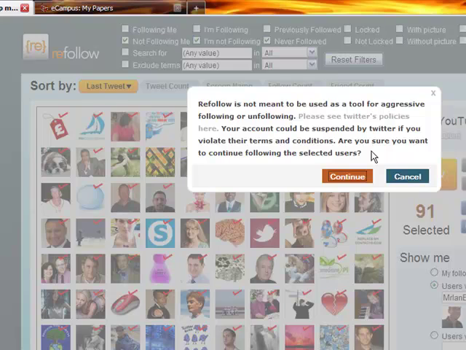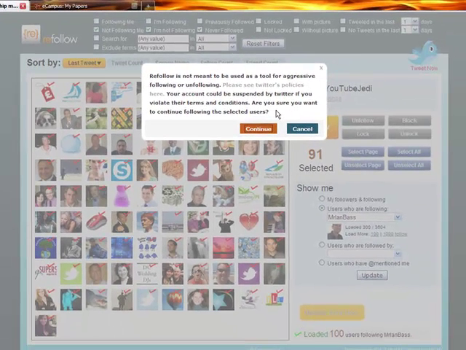Generally speaking, you want to keep above, I can't remember, I think it's like a 0.8 ratio. So if you're, say, following 1,000 people, you want to make sure that, say, 1,100 are following you, or 900 are following you. Try to keep those numbers close, followers and following. You want to keep those numbers pretty close. So generally, as a rule of thumb, probably not the best thing to do 91 at one time, but